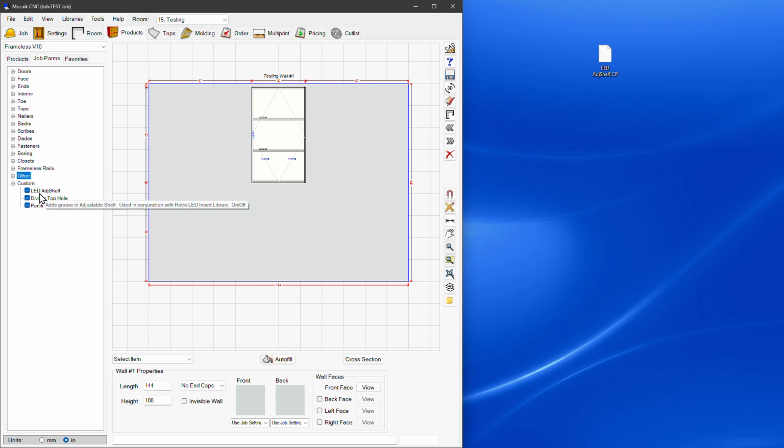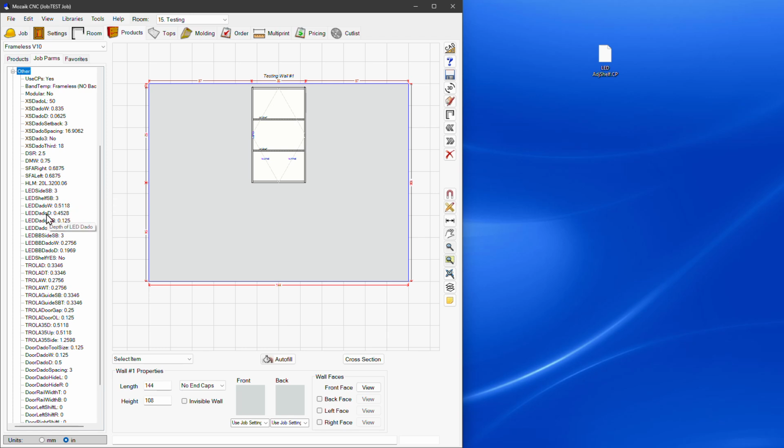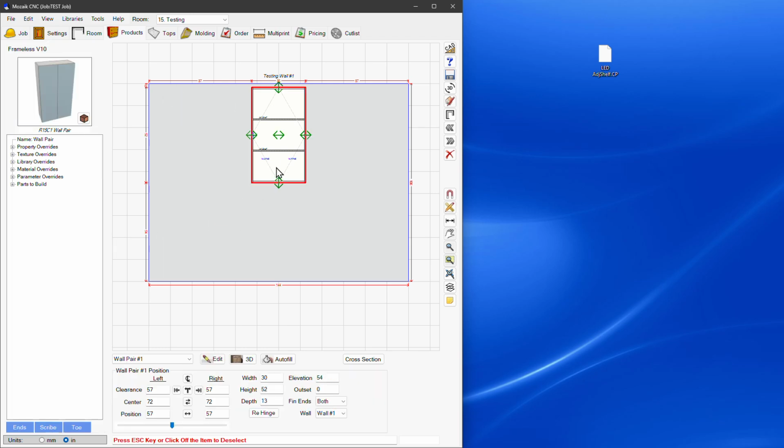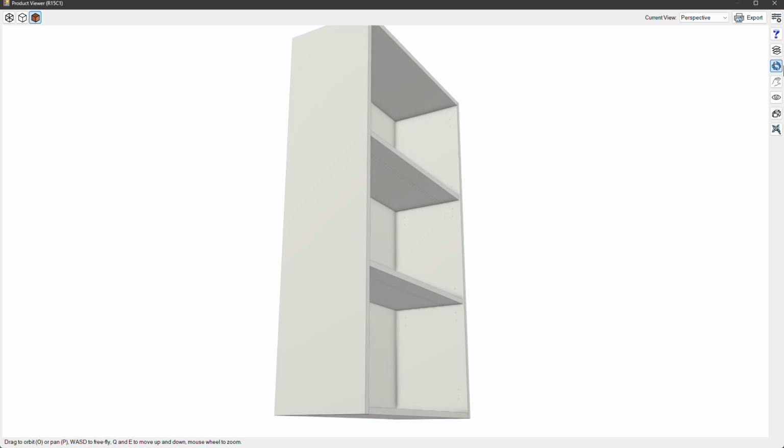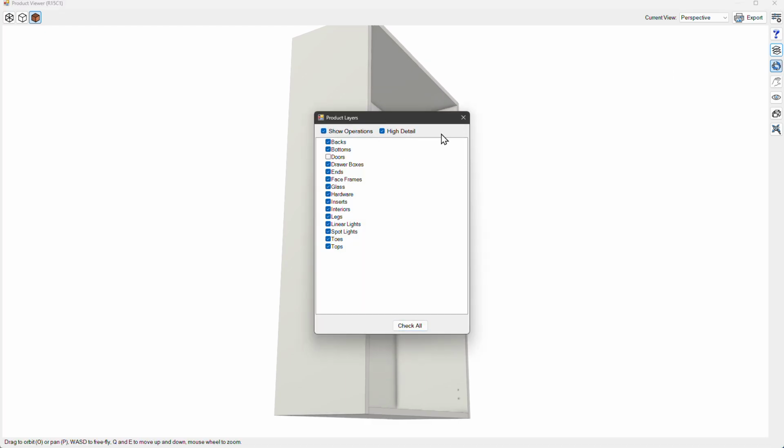The other thing you can do is you can actually go in to individual cabinets and turn it on and off, which is the other category. So the LED shelf, yes. Now it's on globally, or sorry, it's on for this whole job. So the whole job would get LED adjustable shelves, which may be more than you want. So you can see here now, I have